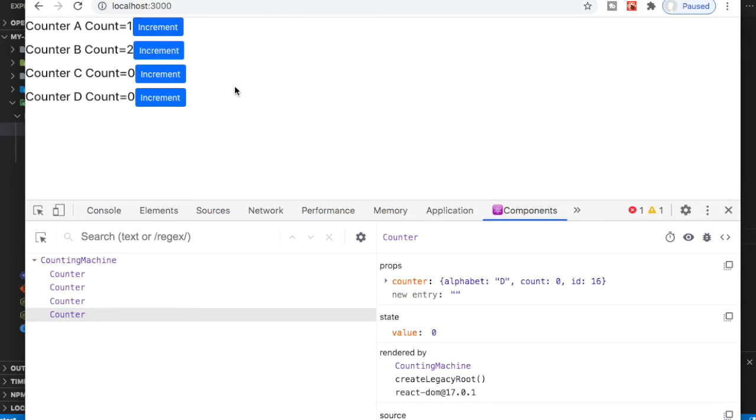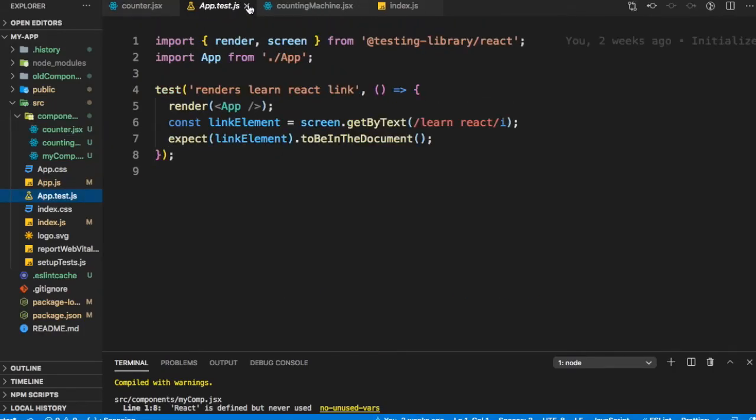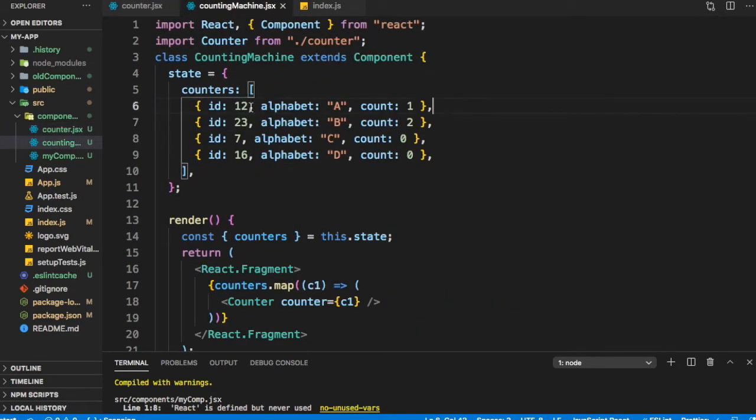So what do we want to show here? That along with increment, we want a delete button, and when that delete button is clicked, this counter gets deleted. Because this counter is getting implemented using the counting machine, if I go back to our counting machine, in this we had these 4 counters here.